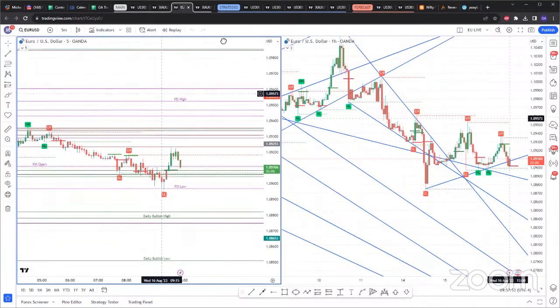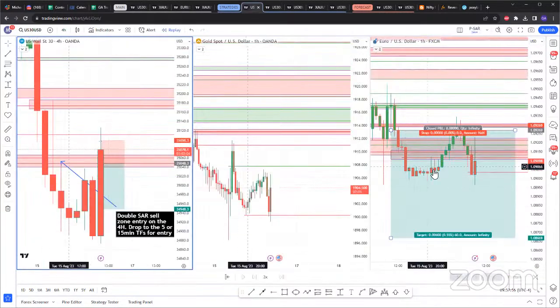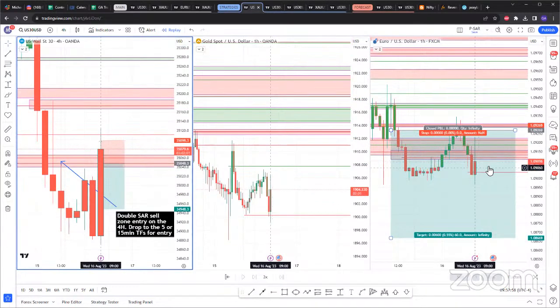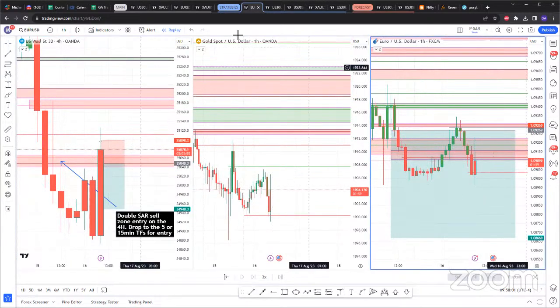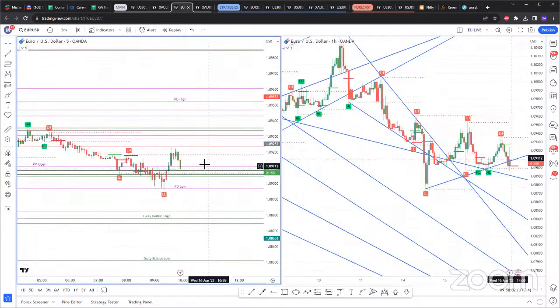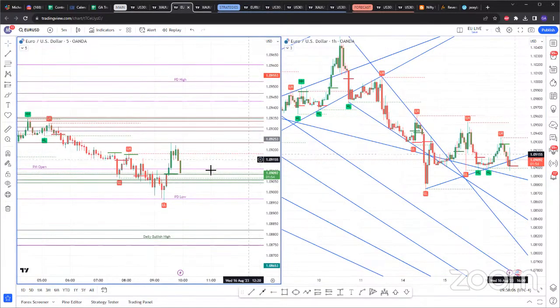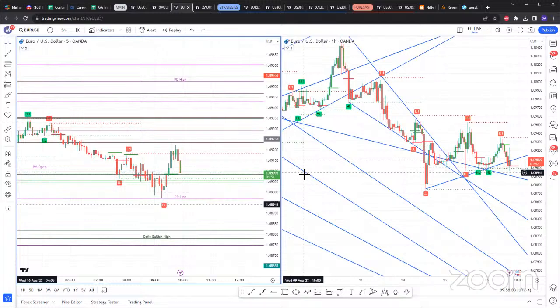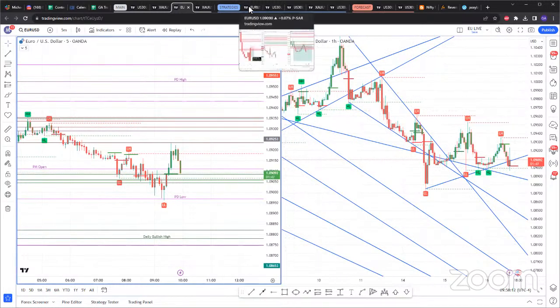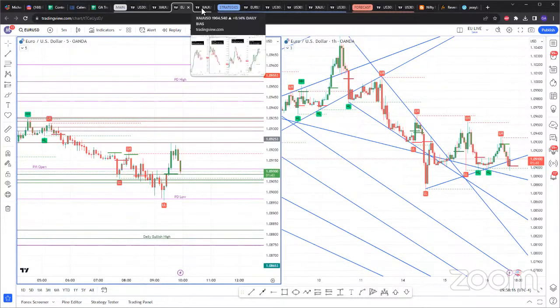EU, I'm not looking for anything on EU. EU is still running, so it's coming back. Let's see, this is the 1 hour. Let's see if there's anything on EU. So even on the 5 minute, I don't see anything on EU as well. But that's how it is. If I don't get those entries, guess what? I'll just wait for the next. So whether the next trade comes tomorrow or Friday, I'll just wait for the next trade.